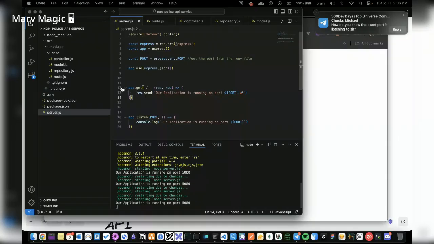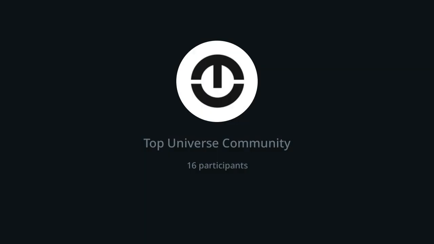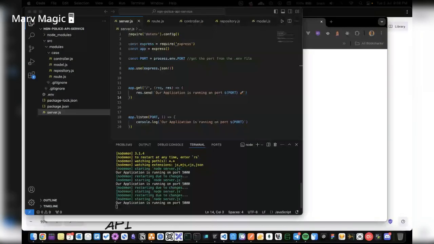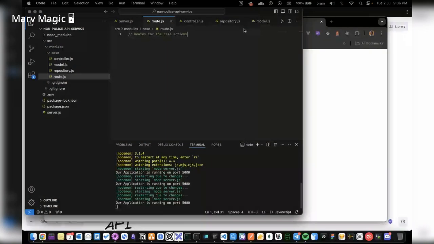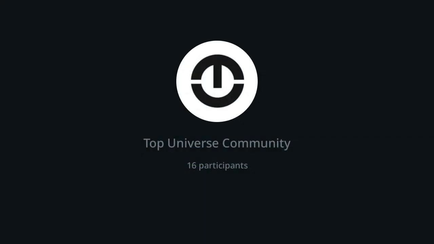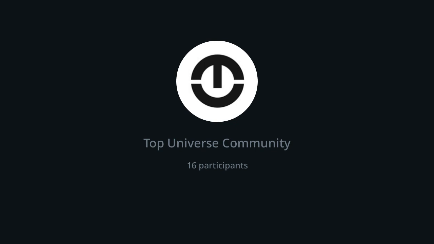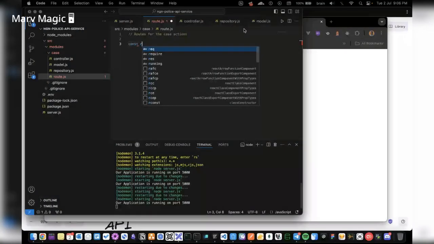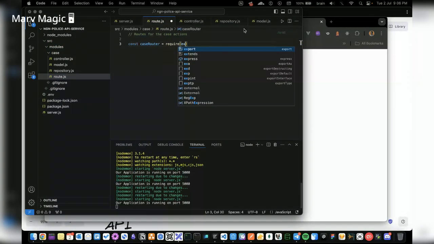And this is one application, of course. So what I might want to do here is first I probably want to go into a different file and sort of create a router. So inside the route here, I can simply say const express, or I can say, let's call it case router equals require express, and I say dot Router.